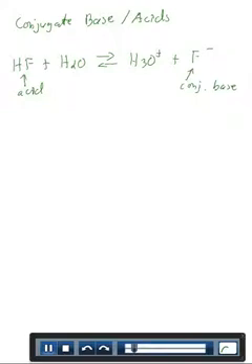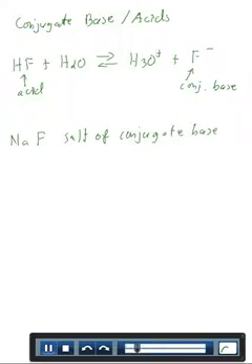So the conjugate base acts like a base. It will be a proton acceptor. So if we could get F- by itself in solution, it would behave like a base. One way of doing that is to form the salt of the conjugate base. So sodium fluoride is a salt, and if we put it in water, sodium fluoride will dissolve